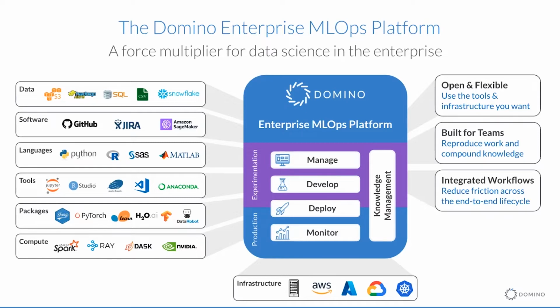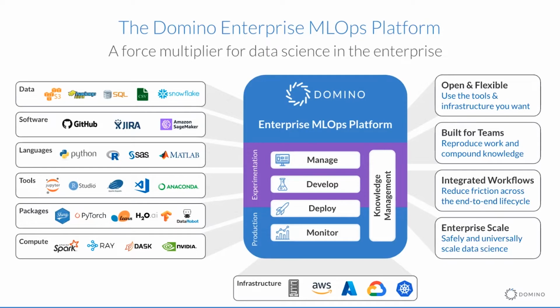And Domino is able to basically enable companies to professionalize their data science through common patterns and practices with workflows that reduce friction and accelerate the lifecycle within each step across key transitions in the enterprise MLOps lifecycle. So basically, all the people involved in data science can maximize their productivity and the impact of their work. And finally, we're able to do this really at enterprise scale.